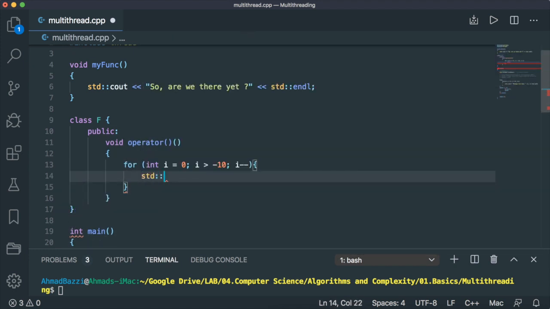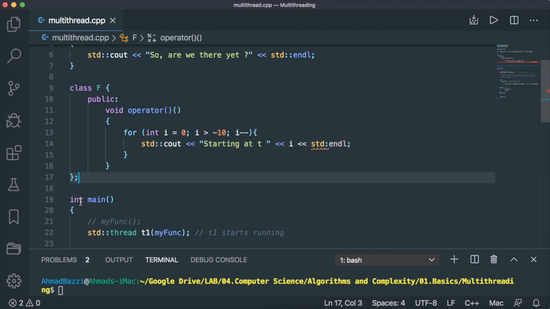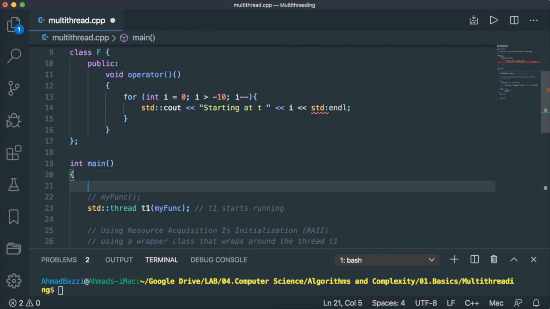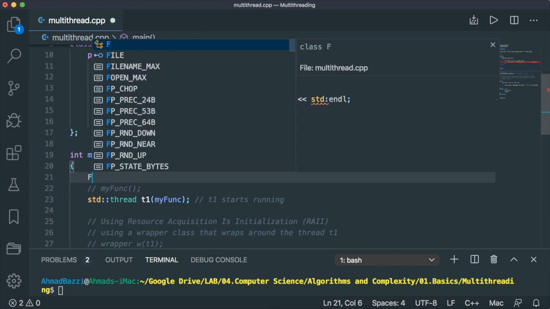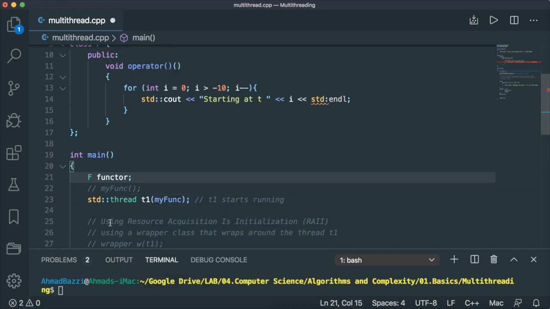Let's cout, let's print "Starting at T1", let's say, print i and endl, and don't forget a semicolon right here, so that the editor stops yelling. And in the main function, you go down here, you call F, which is your functor, and instead